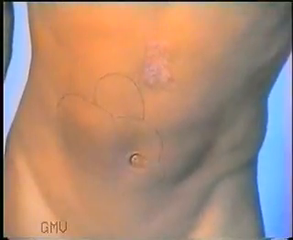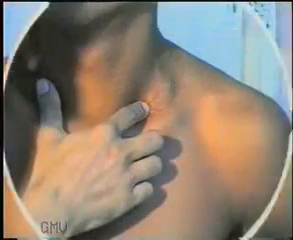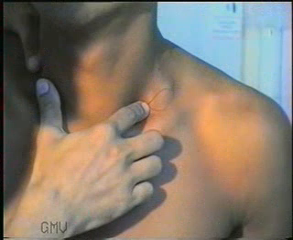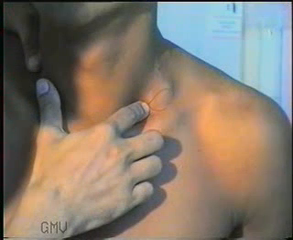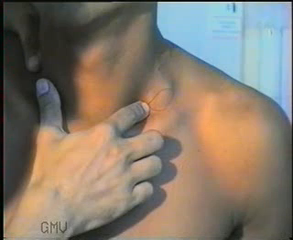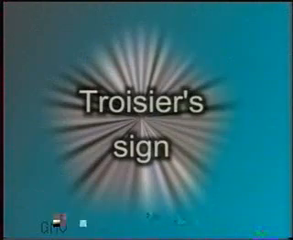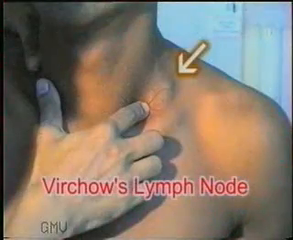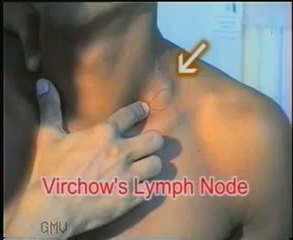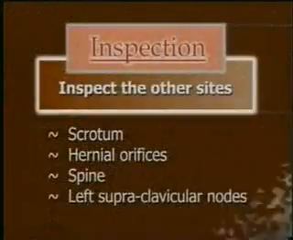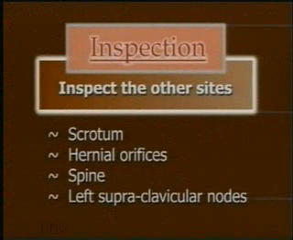Lastly, inspect the left supraclavicular region for a swelling due to enlarged lymph nodes. Left supraclavicular lymph nodes can be enlarged due to secondary deposits from the malignancy of stomach, colon or testis, termed as the Troisier's sign. And the enlarged left supraclavicular lymph nodes are termed as the Virchow's nodes. This completes the inspection. Remember to inspect the 4 sites out of the abdomen: scrotum, hernial orifices, spine and the